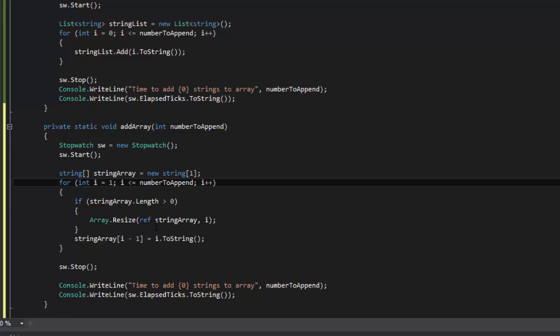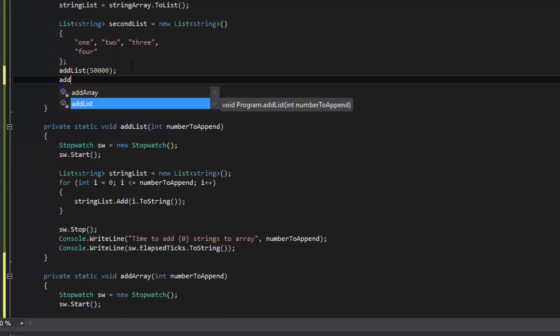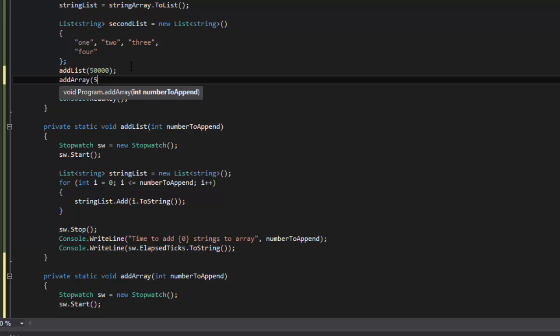Okay, and once we've done that, we're going to do a stopwatch.stop, and then we're going to see how long it takes this to run. So I'm going to add that as well. And let's also do